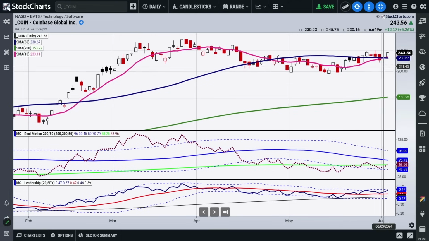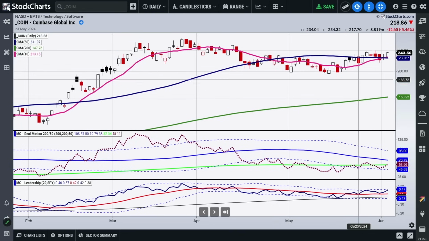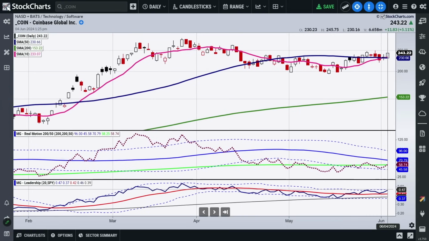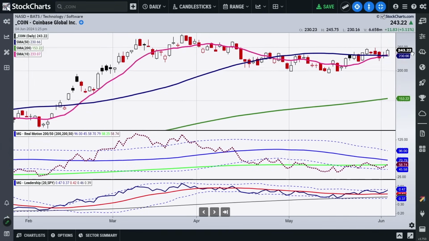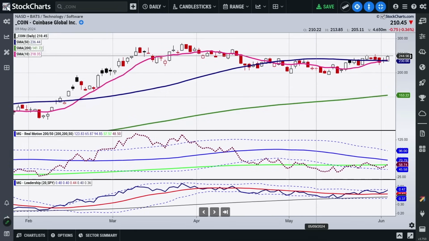So now if you look at Coinbase, you have the 50 crossing, the 10 crossing the 50. It's starting to get some movement above the 50. If we go down to the momentum, we're still in a negative momentum, so it's got a lot of room for this momentum to catch up. But notice how well it's outperforming the SPY, the benchmark. It also needs to get through the Bollinger Band. So it's possible that we'll see this start to outperform even greater, that we'll see the momentum go up even greater. But right now, just in terms of price resistance, we get through 250 right here. This would not be a stock that I would be afraid to buy on momentum.